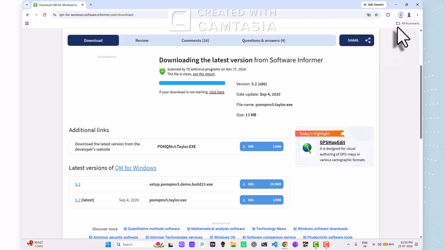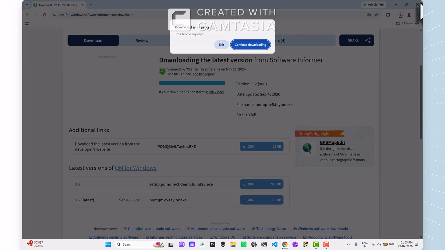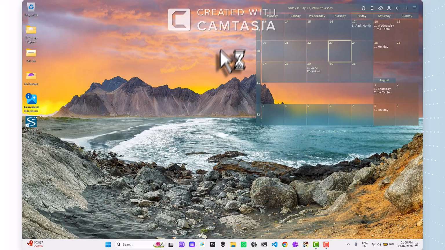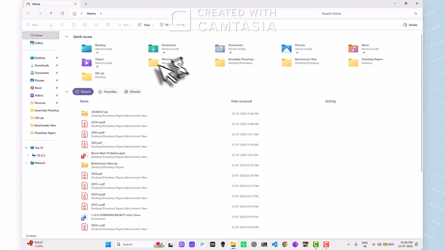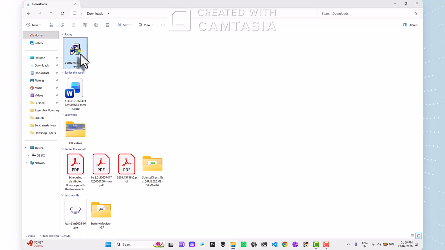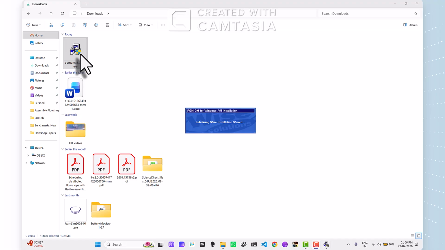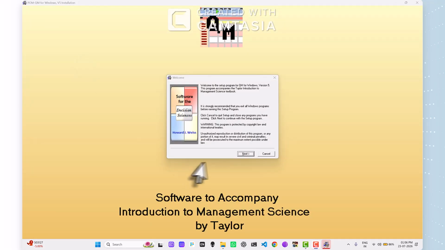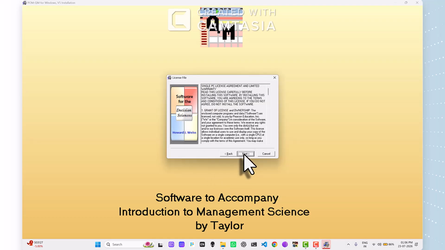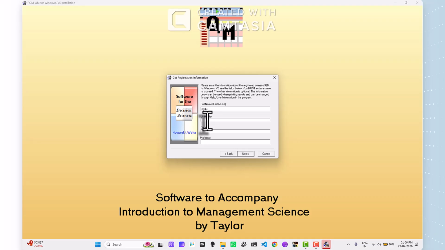Now let us close this. Exit. We'll go down to downloads. Double click POM software. Do you want to allow this app to make changes to your account? Click yes. This is the first page of the installation. Click on next. Next. Here you can enter the detail